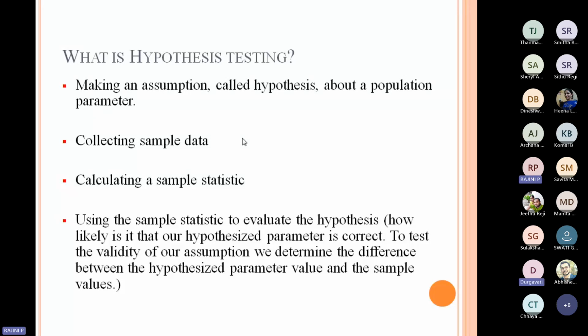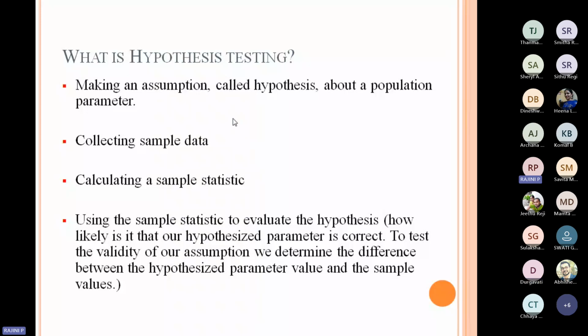One more thing I want to tell you: whenever we are framing the null hypothesis, do we always have to write the negative part in the null hypothesis, or the positive part? It is not like that. Based on your objective only, you will decide what you want to prove. It is not that it is always the positive side or always the negative. It may or may not be.